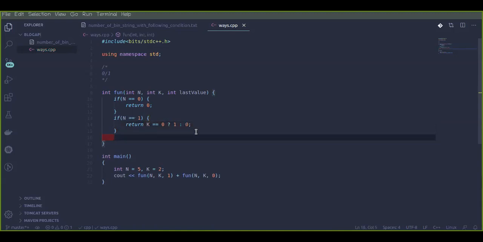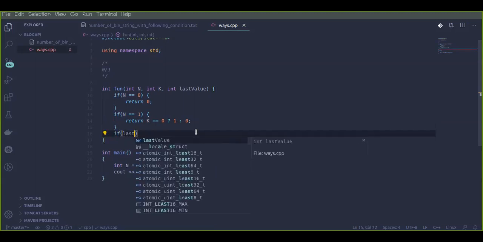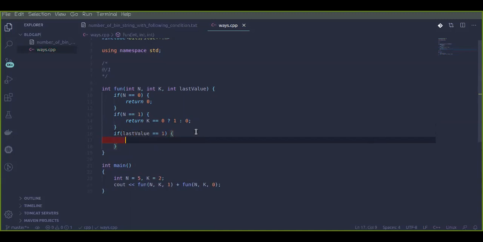Okay, so now let's come to the original part of this question. Here basically what we will do is see if the last value equals 1, that means there are two possibilities of getting the result. The possibilities are, we will simply move down for any value. We do not care what the last value is, and we will only decrease k by 1 if the second last value is 1.